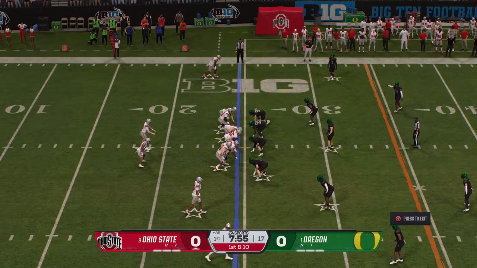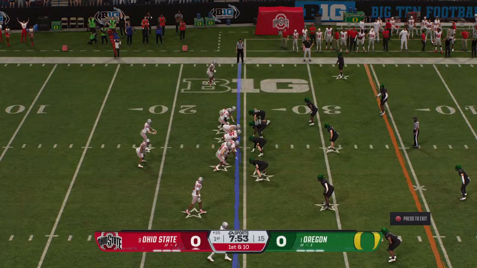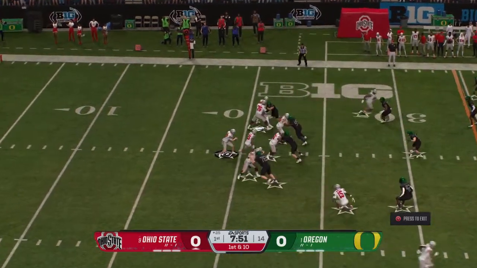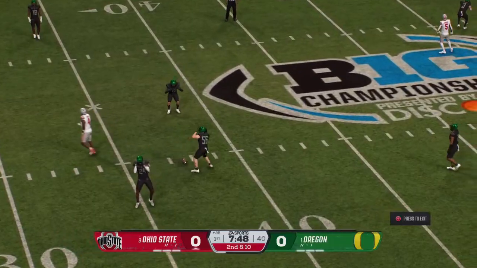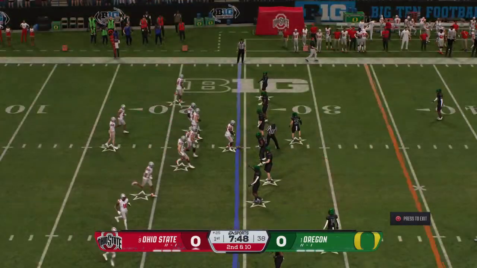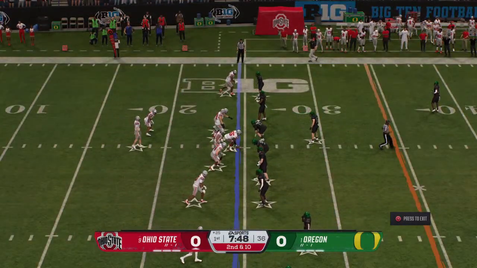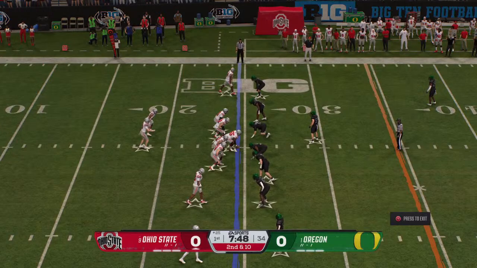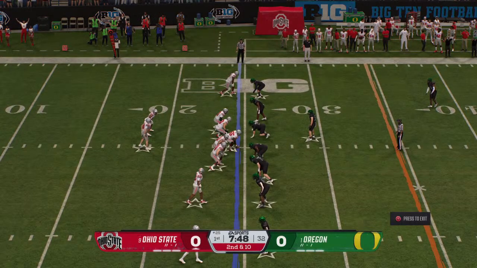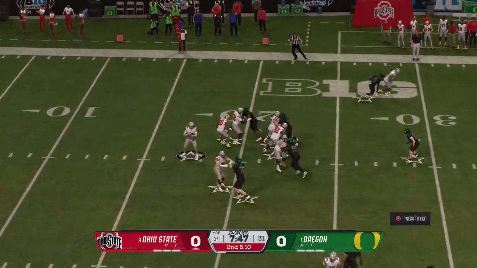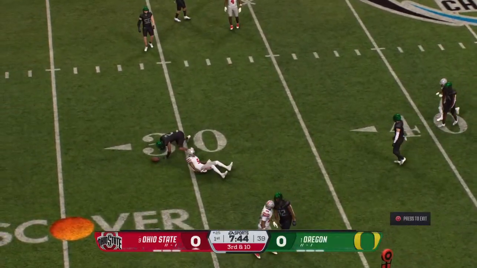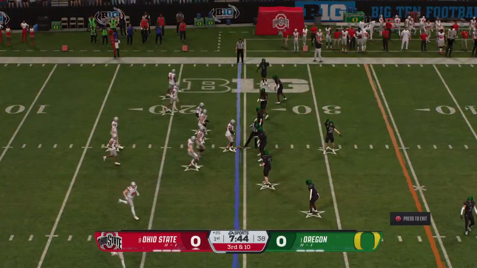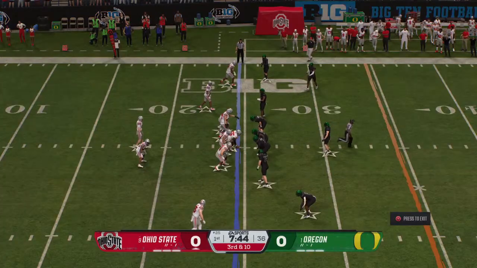The Buckeyes line up on 1st and 10 now. The pre-snap motion from the offense. Off the play fake, looking to throw on 1st down. Pass incomplete, very nearly intercepted that time. At the 25, it's 2nd and 10. Can they make it a 3rd and manageable here? They look to throw it here on 2nd down. Pass ball is incomplete. There was a lot of contact. No penalty. Brings up 3rd down.